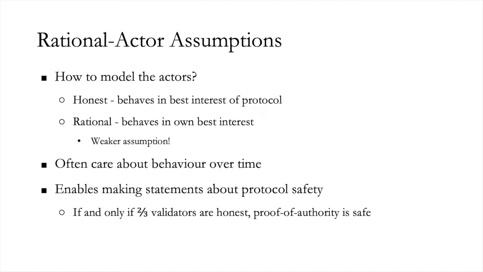In particular, we can model network participants as rational actors, so as actors who will behave in their own best interest, usually in the immediate timescale, but sometimes over a longer timescale, which is a weaker assumption. And it so happens that in designing these distributed ledgers, we generally have control over both the consensus algorithm and the state machine. So we can tweak properties of the state machine, maybe in order to punish bad actors, in order to reward good actors, and try to construct such incentives as mechanisms to ensure that rational actors do the right thing, behaving more often than not in the best interest of the protocol.